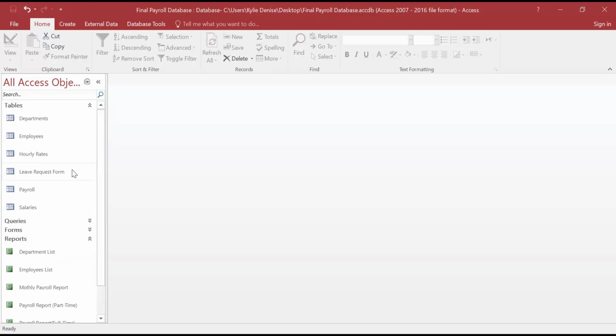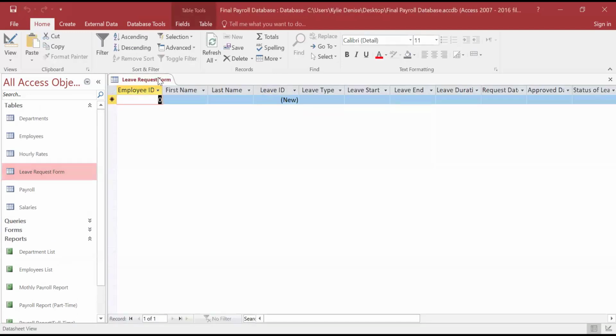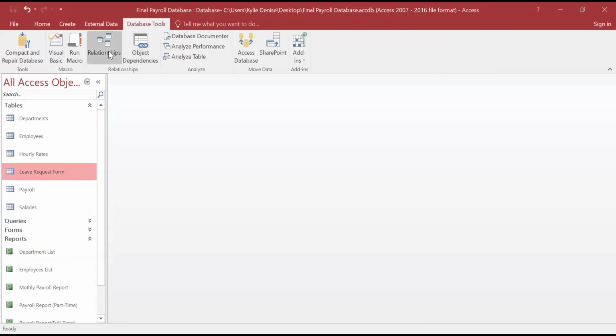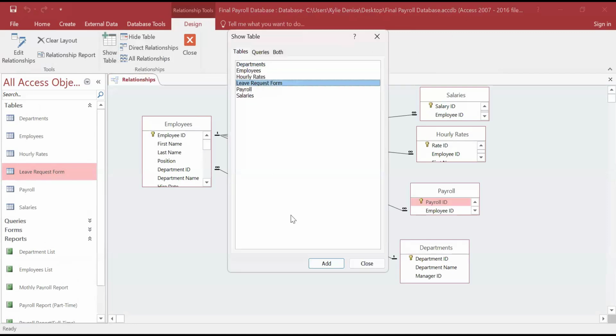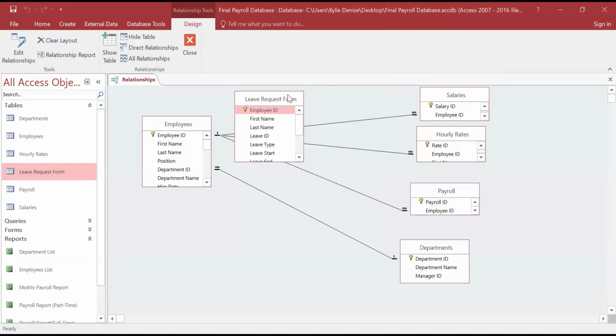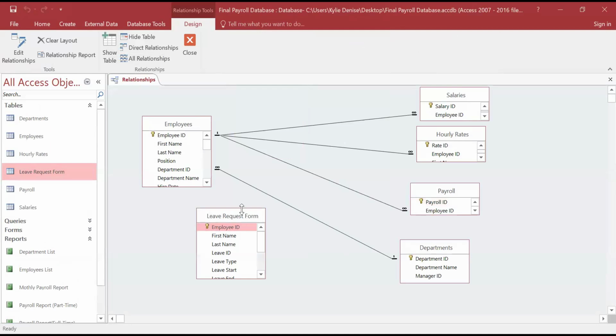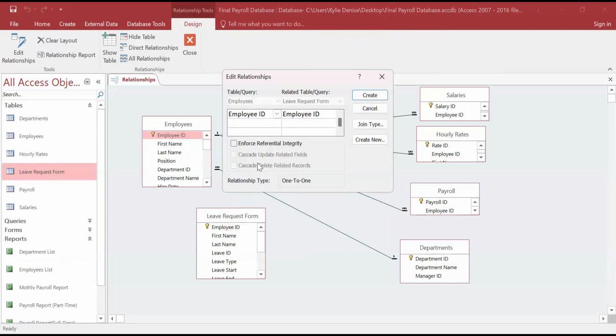Then how do we put the relation again? Before we make it, we will put the data. So I want to make a relation for the new request. You add it, then drag it. I'll just drag it like that.